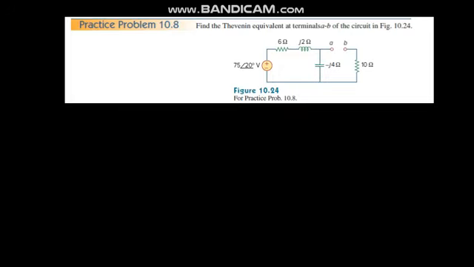So my dear students, I have told you earlier I will discuss the Thevenin's equivalent circuit in detail and solve a circuit so that you can easily solve any kind of circuit using the Thevenin equivalent circuit. There is a very simple circuit, practice problem 10.8 of Fundamentals of Electric Circuits, Matthew Sadiku and Alexander. As you can see here,